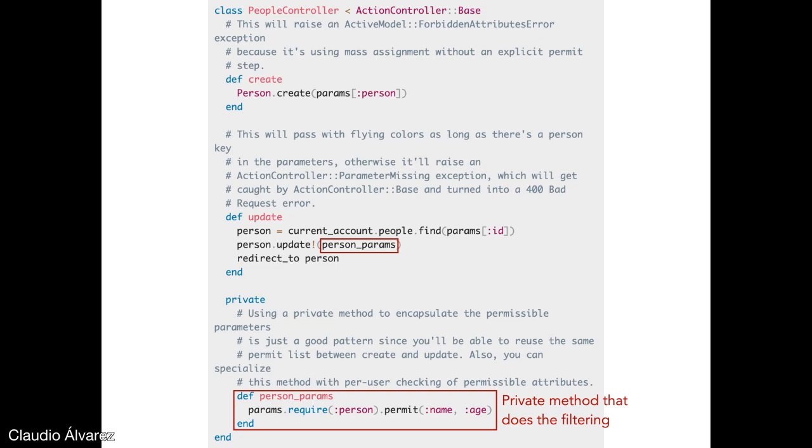So the way in which one can fix the create method here is to call person params instead of putting params person directly. And this is what you'll always need to do with Rails. Starting in Rails 4, this is the way in which you process the parameters that come into the controller. You first have to filter out the parameters, and then you can use them for updating or creating an object. You see in the create and update methods that